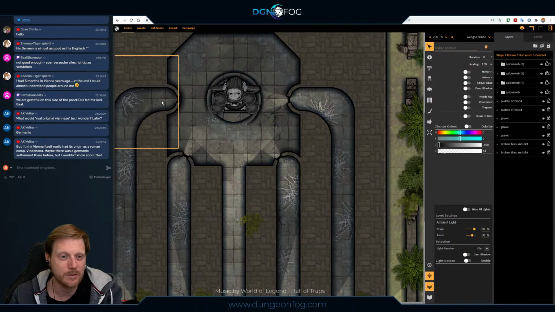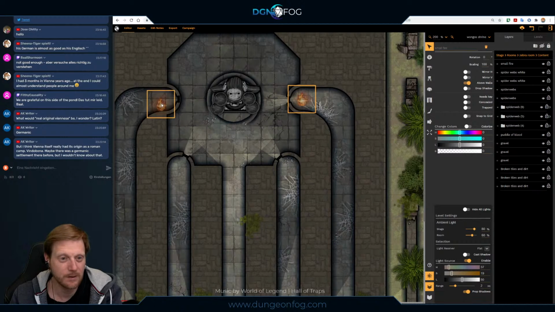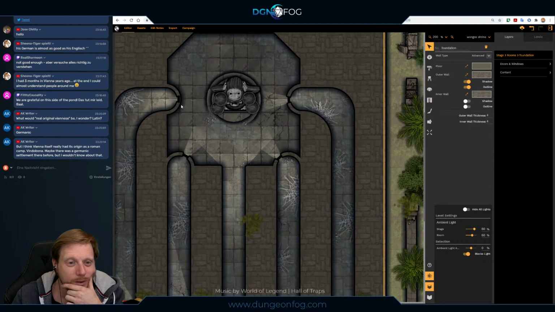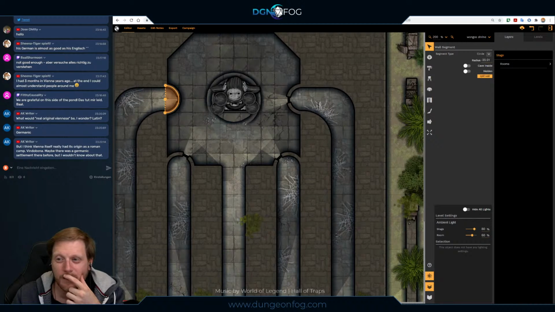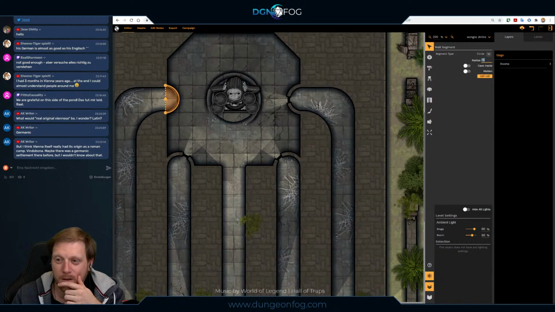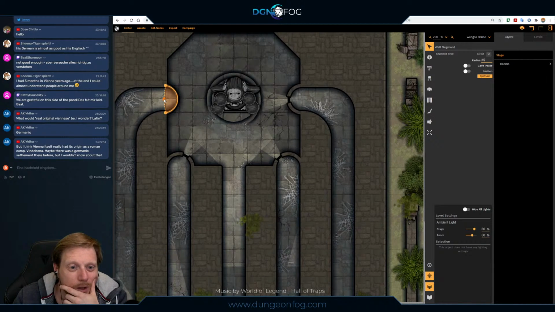I don't think I have a light source there yet. Okay, at least we have a light source. Now we need to... 35. Why do you always keep adding? Let's make 35.5. Minus 35. Okay, that was you. Okay, I could also just play around with it until...